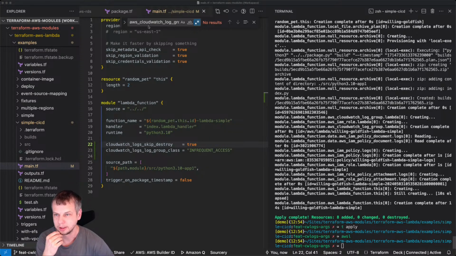So I don't have so many groups as far as I remember. Yeah, I have only this one, which is infrequent access and never expired, which is fine. So what I want now is to really call this function to make sure that it leaves a trace inside CloudWatch logs.